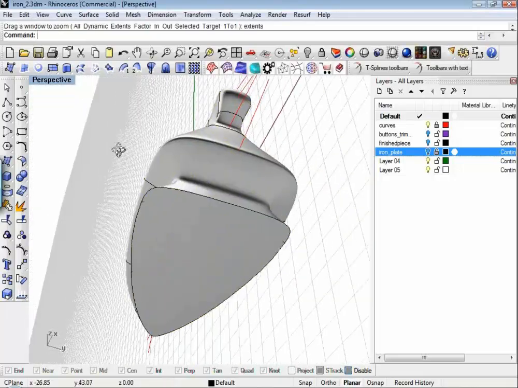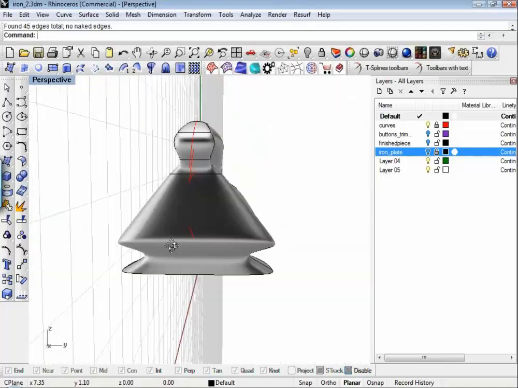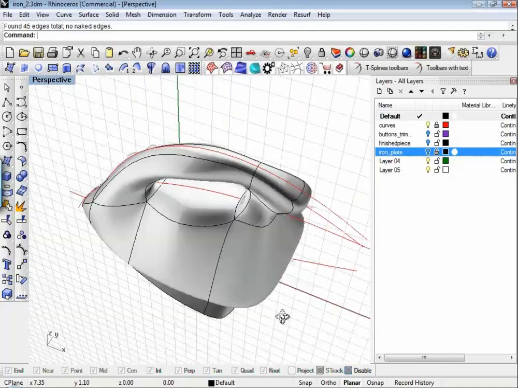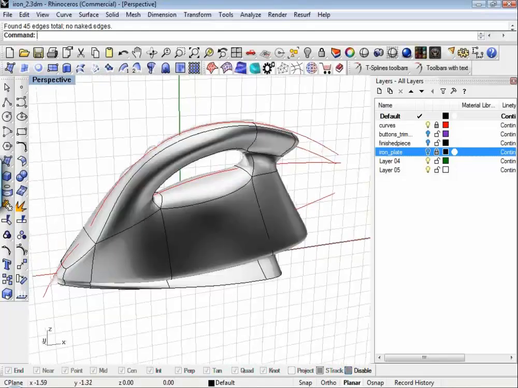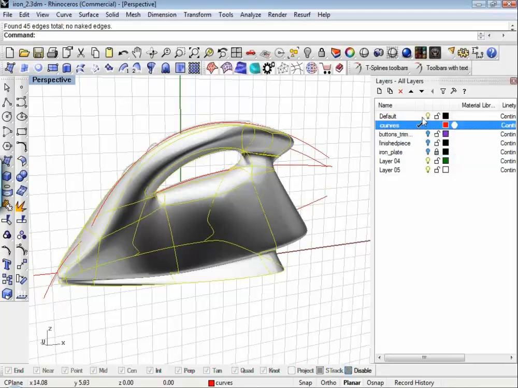NURBS, solid, closed. Do check naked edges. No naked edges. This is bomber, waterproof, watertight, ready to go to Pro E, SolidWorks, downstream, whatever you want to do with it. So now that I'm back in Rhino, I can then start doing things like